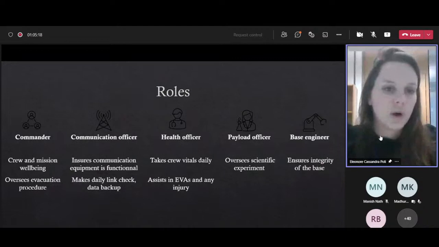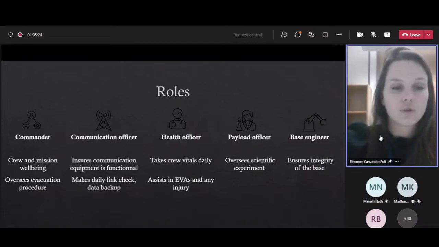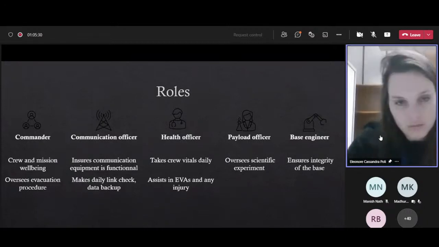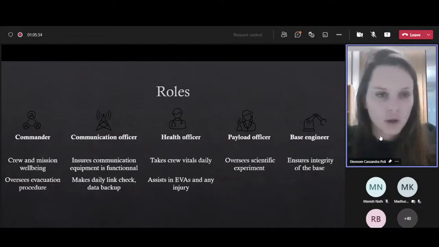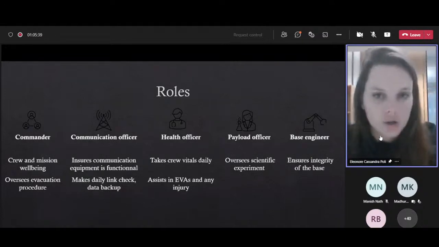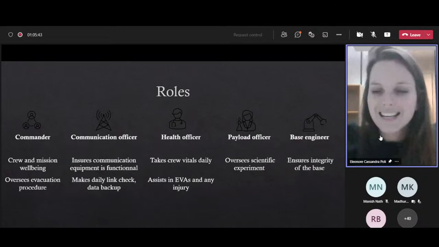So you have a commander. In my case, it was me. My role was to look after the crew and mission's well-being, and oversee any evacuation procedure. Basically, if everything goes well, if people are doing their work and everything is on time and working, I don't have anything to do. But if there's an emergency, or a conflict, or any problem arising, then I have to